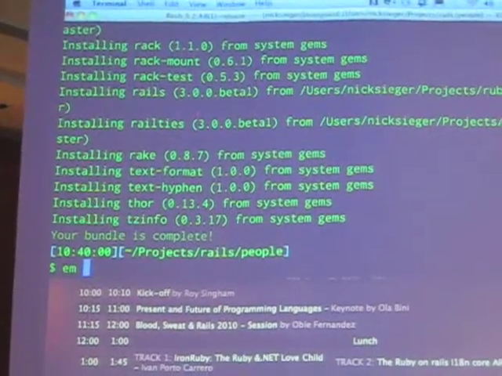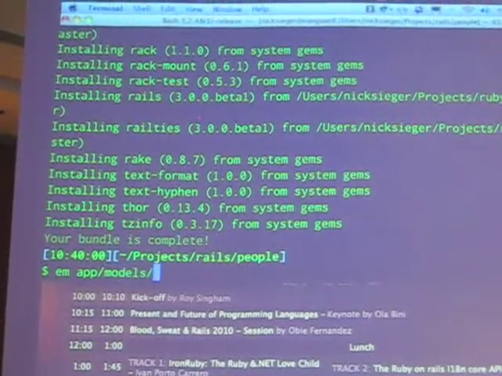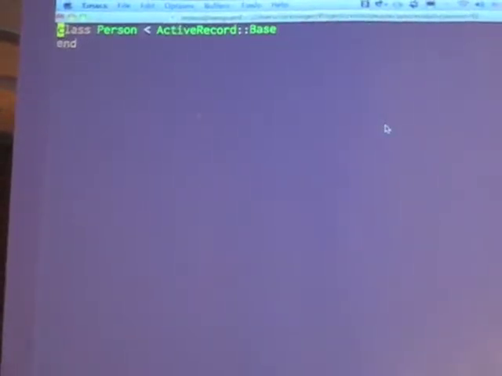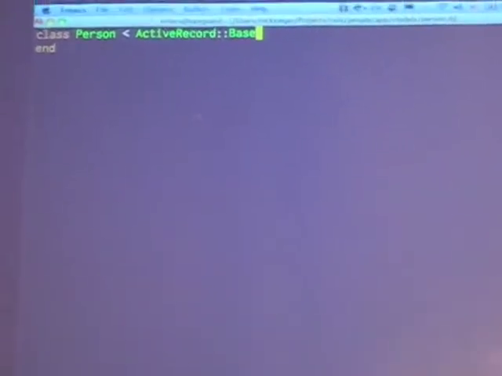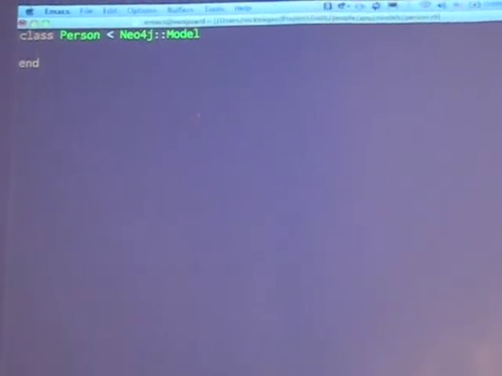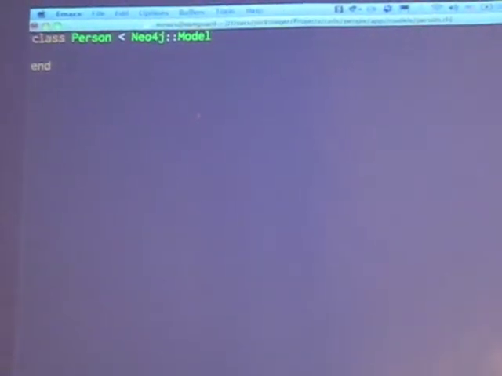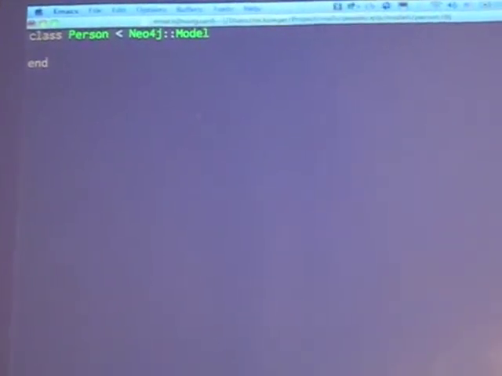The next thing I'm going to do is go to my person model, and I'm actually going to change it. You see it's extending from ActiveRecord::Base right now. I'm going to extend from my Neo4j model class instead. And one thing, since Neo4j is a schemaless database, there's nothing that,